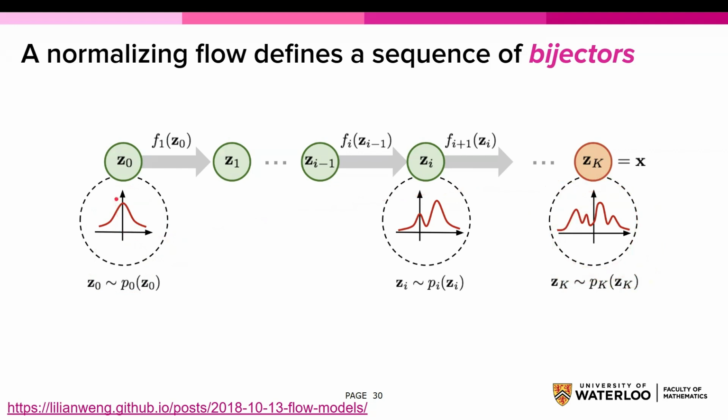And so the key idea here is that each transformation F sub i is a smooth invertible function. And because a composition of invertible functions is also invertible, this means that we can compute the density at each intermediate step in the chain using the base density P sub 0 and the Jacobian of